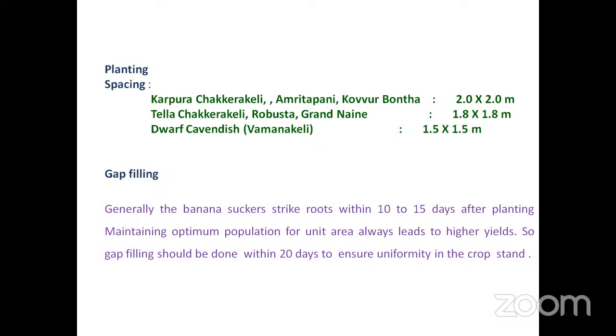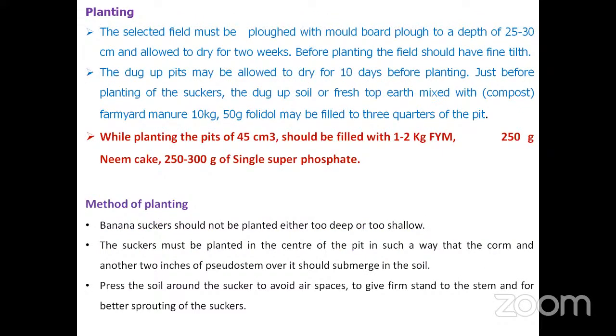Gap filling is also very essential because banana suckers generally strike roots within 10 to 15 days after planting. So optimum plant population is very much essential to get uniform and higher yields. Gap filling should be done within 20 days to ensure uniformity in the crop stand. The pits should be prepared after ploughing the soil and allowed to dry for 10 days before planting. Just before planting the suckers, the pits should be filled with